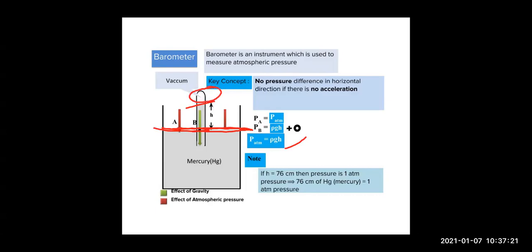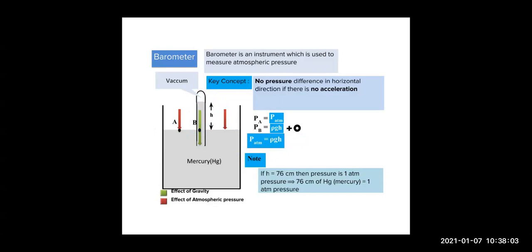And here the pressure of the empty space above the tube, which we have considered to be vacuum because there is no mercury over there, right? There is some negligible amount of mercury vapors, but we can consider it to be a vacuum. And this vacuum is known as Torricellian vacuum. So vacuum pressure, we know it's 0. So PB is rho gh plus 0. So P atmosphere is equal to rho gh. So with this, we can measure the pressure at point B.